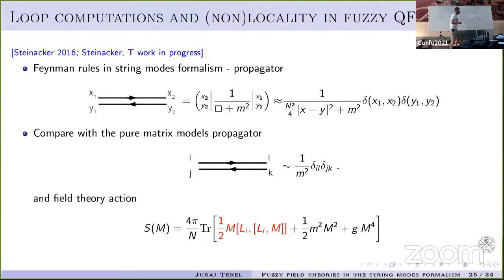It would be interesting to see what happens if you try to do this with the disk, with the fuzzy disk. Of course, I'm asking this question because there you have exactly the same basis, what you call the string basis, but there is a boundary there. So this would be a field theory with a boundary. It would be an interesting thing to see how the boundary would affect these propagators. It looks like Harold has something to say about that.